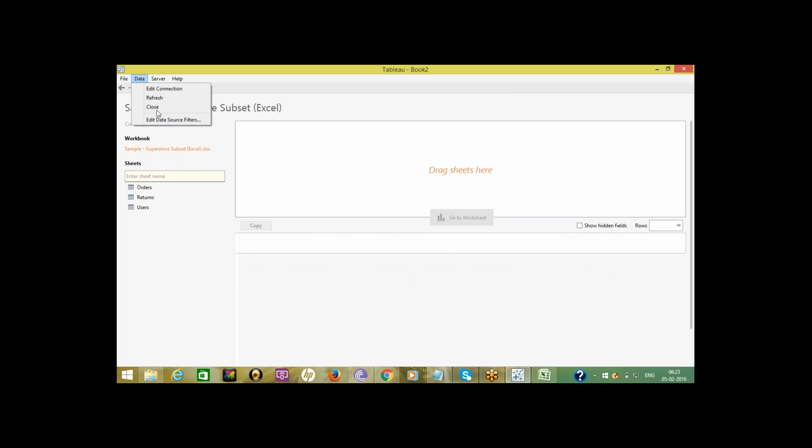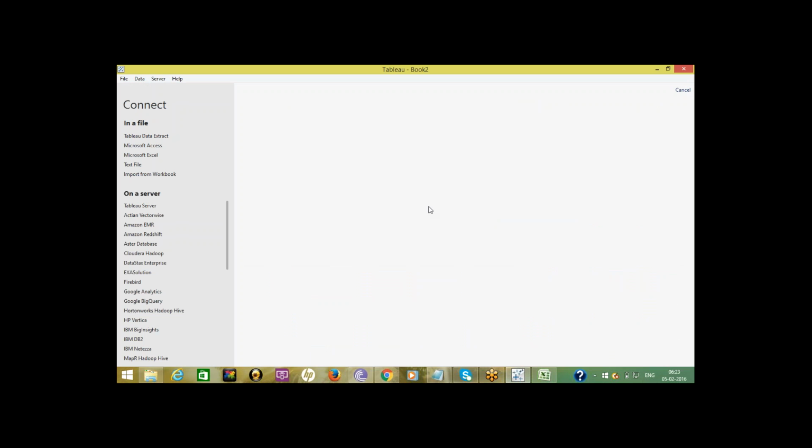Go to data, close this one. Yeah, it can accept. There may be several extensions. Just I have given CSV. It will handle TXT also. Same. To text file also we need to see.